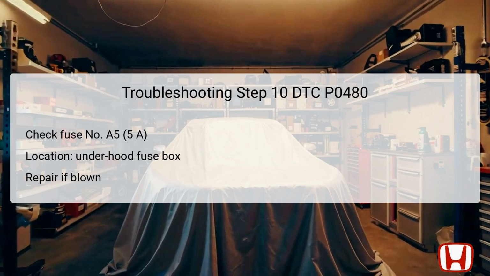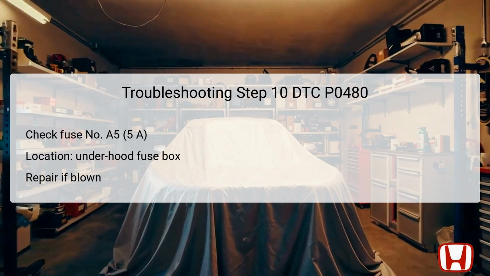the underhood fuse relay box. As with previous fuses, any indication of a blown fuse requires immediate replacement to restore power to the necessary components within the RFC circuitry. If the fuse remains intact, it indicates that the associated wiring is functioning correctly, and troubleshooting can continue to the next step. It's important to keep a close eye on the fuse's condition, as frequent blowouts may indicate underlying electrical faults requiring